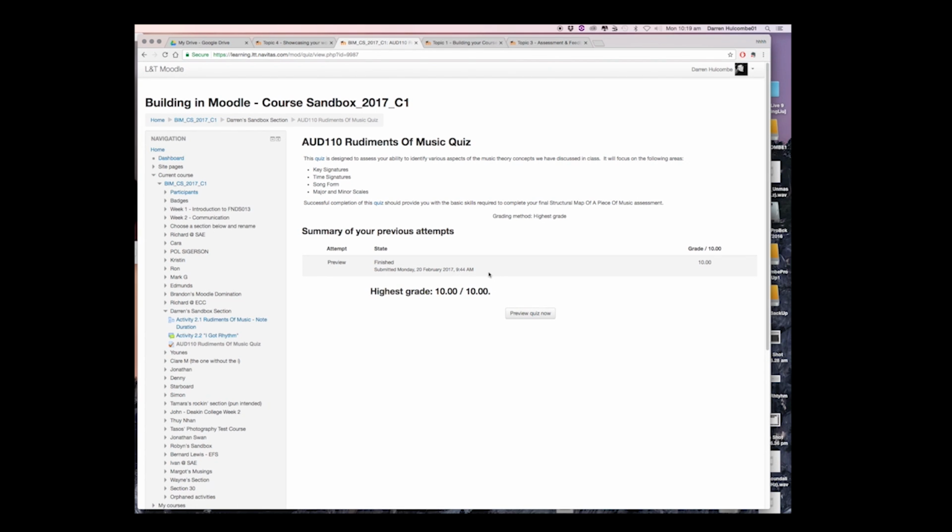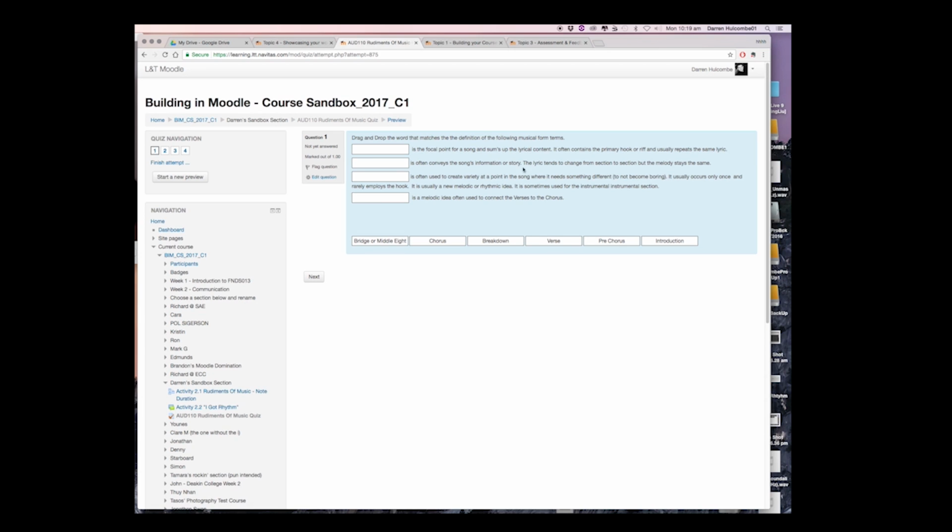So as they go through this quiz, it almost becomes a game, and they can get more and more badges for getting the answers right or listening correctly. You can see here the quiz is a summative quiz of everything that we've learnt, and it's going to discuss key signatures, time signatures, song form, major and minor scales, because they're the things we've learnt in class over the period of time, and these are the things they have to identify in their final song that they choose to do. So this took a long time to set up, but I'm glad I did it, and I love this drag and drop. It makes it more